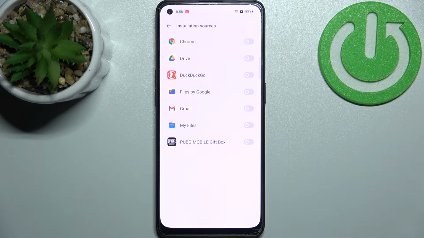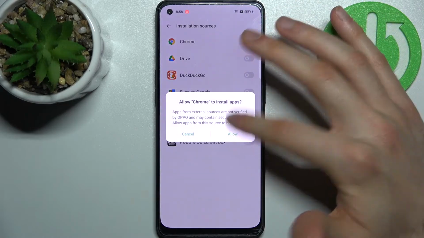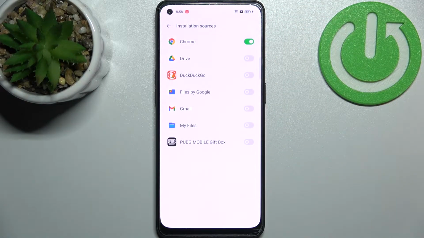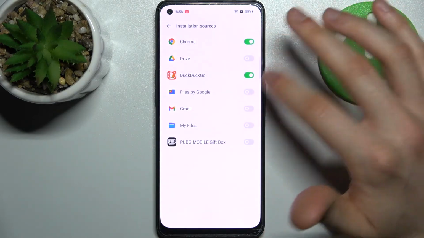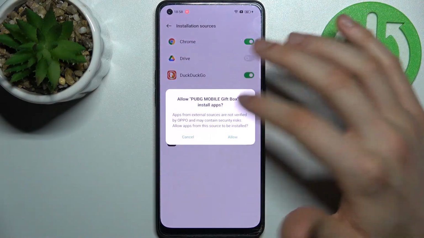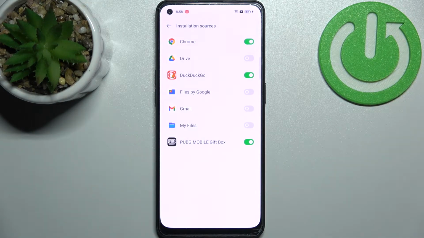Play Store. For example, we can enable Chrome and install apps through the Google Chrome. The same goes to DuckDuckGo and I don't know, maybe Gmail and PUBG Mobile gift box. So yeah,